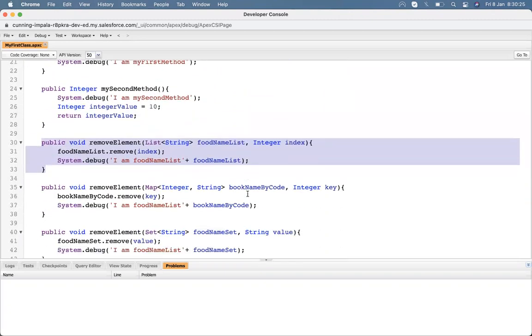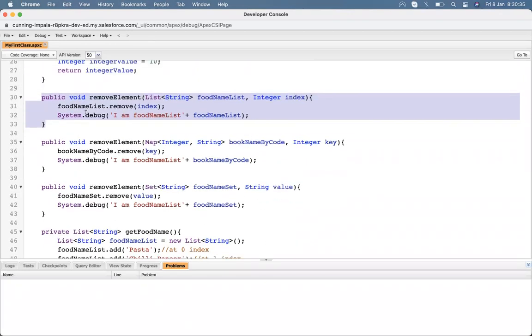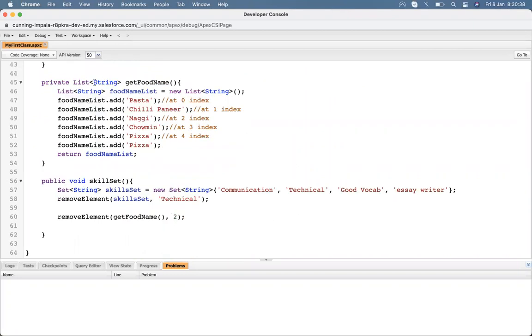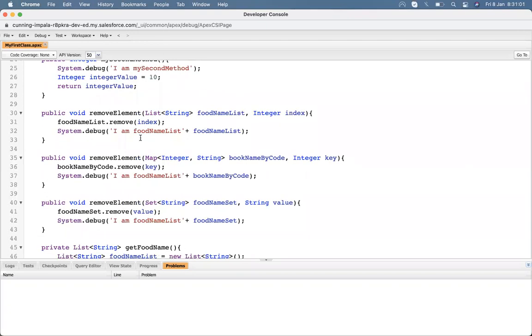So whenever you're working in an Apex class, whatever your task is, you have to divide that task into subtasks, and each subtask is a function that can be a return type or a non-return type. Use all those functions at one position, which makes your code clean and quite understandable, so a user can easily understand it.